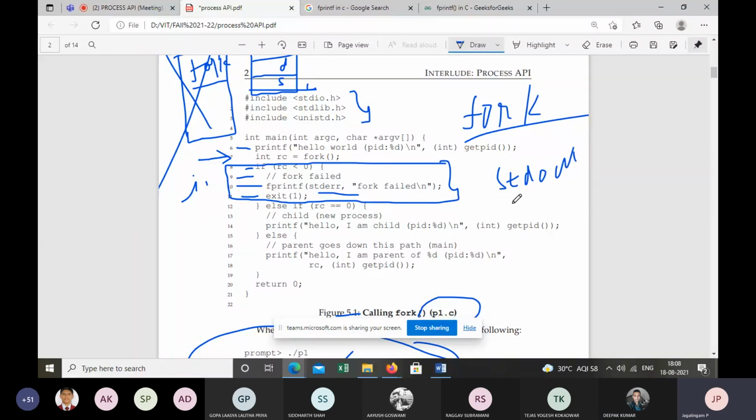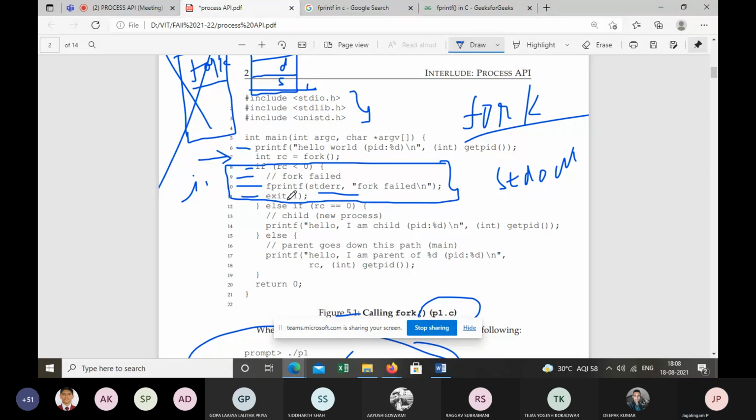Good. To understand line 10, you have to connect line 8, line 9, line 10, and line 11. So you are trying to make a fork system call. If the operating system is not able to execute the fork for some reason, then we are going to exit the code at line 11.